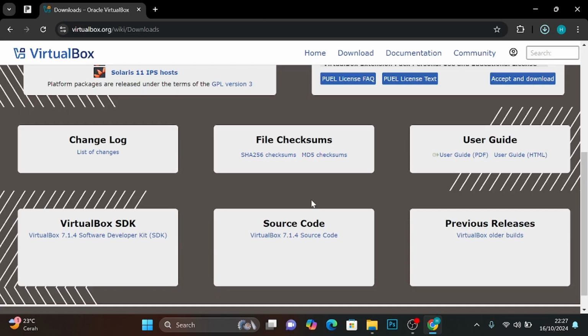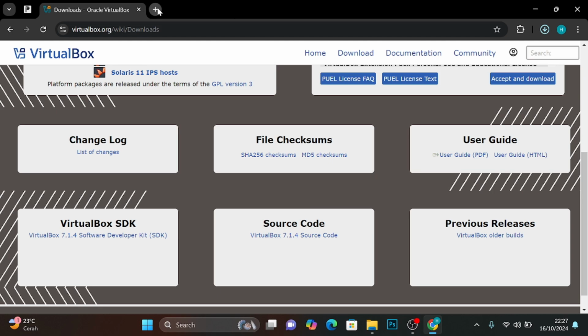Go to alpinelinux.org to search for and select the latest version of Linux. Make sure you download a version that suits your system architecture.